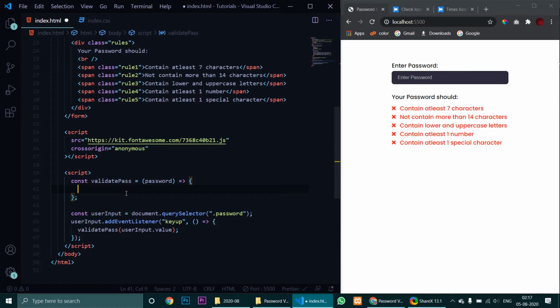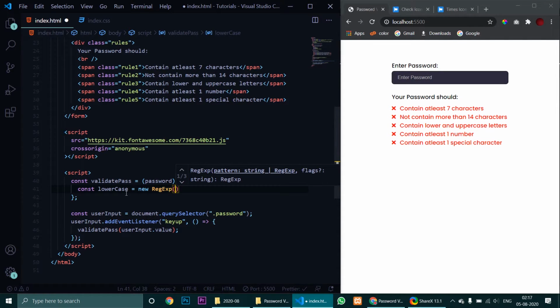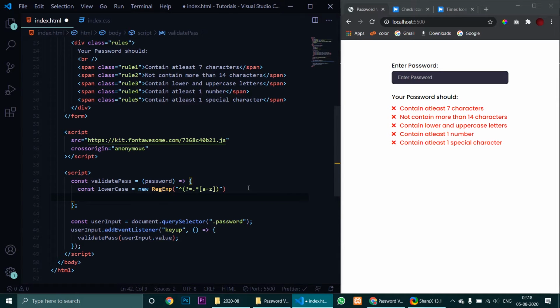So now what I will be doing here is creating something which many of you won't know. I will be creating an object for every condition like this. Let me first write the code so that it will be more clear for you. I will explain it to you, but first let me write it. Yeah, so what this will do is whenever we call this like lowercase dot test.